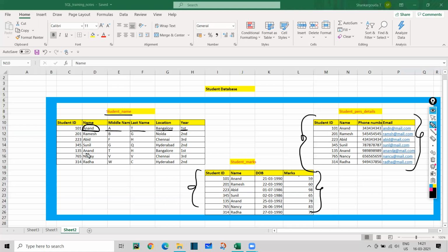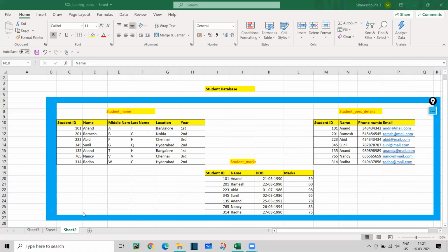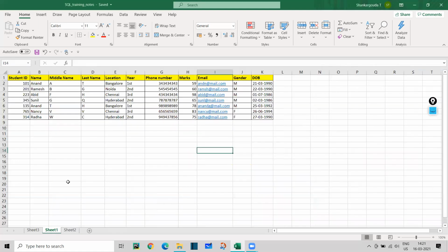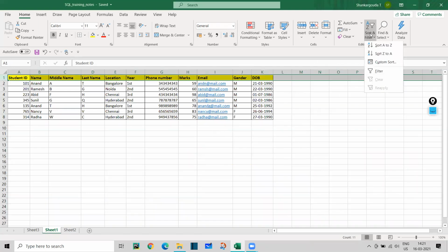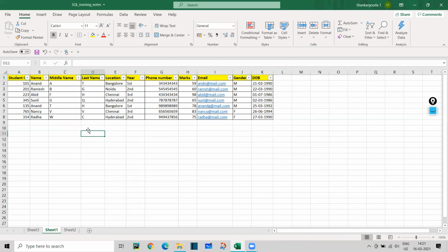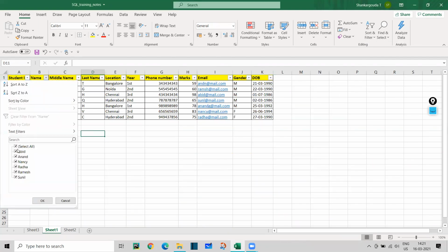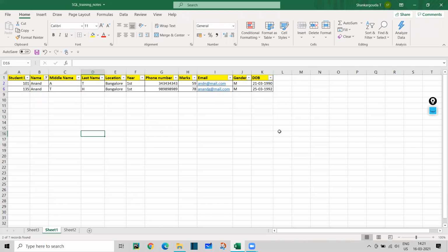I will be able to get two details. Give me a second, I will show this. Suppose say I have stored this in Excel, right? So now let's assume that I'm going to apply this filter. Let's see that. I'm going to fetch data about Anand. So now I get two details,